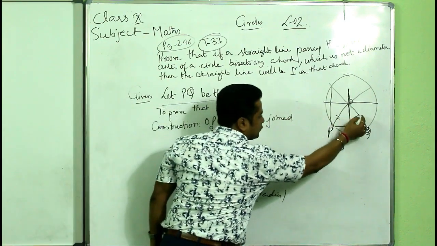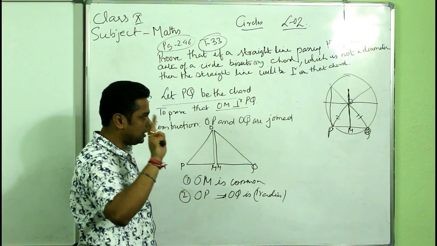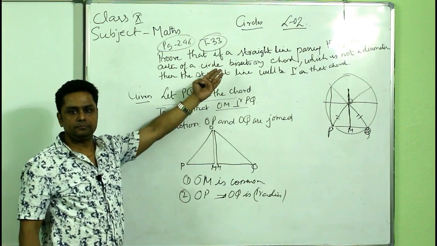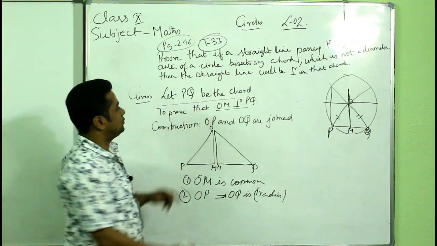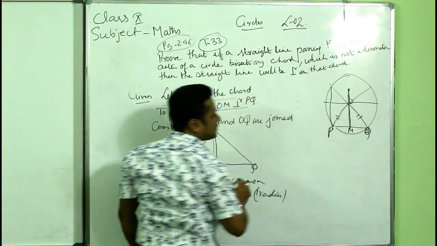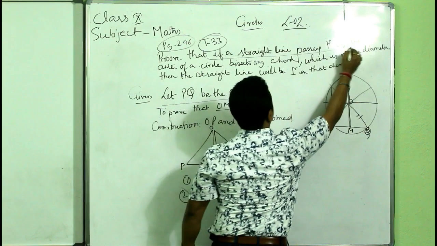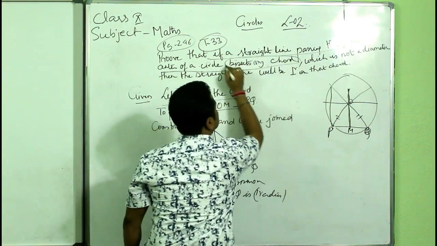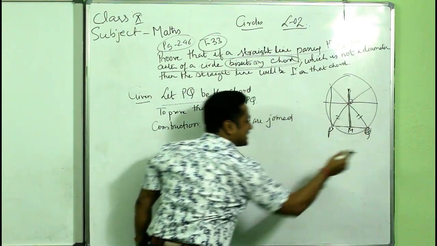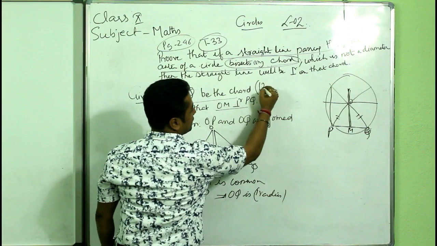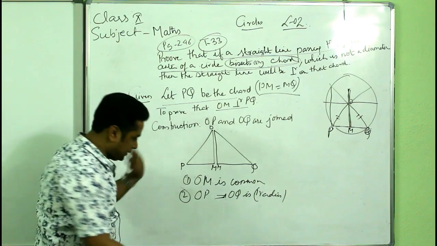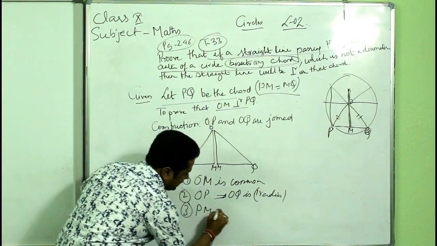So OP is equal to OQ. Two points done. Now what is equal? Tell me, it is given in the question. Let PQ be the chord. We have been given that the straight line is bisecting the chord. If a straight line passing through the center bisects any chord, it means this straight line has already bisected it. Means given is what? PM is equal to MQ. Given. So third point, PM is equal to